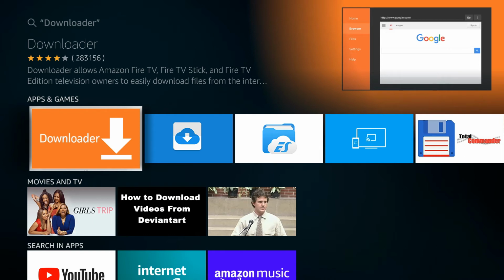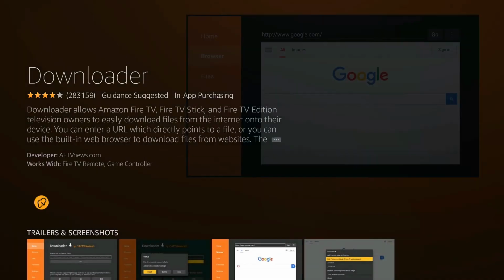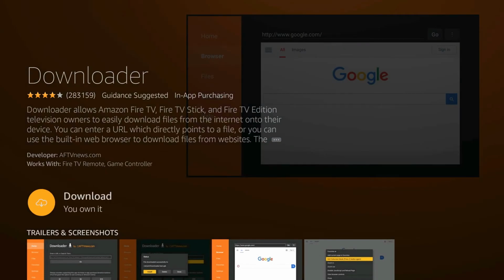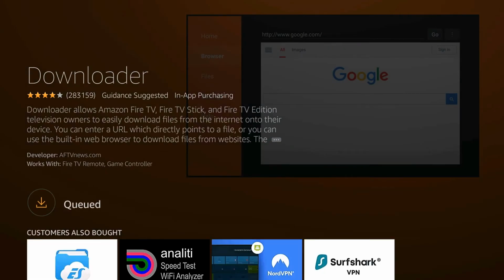Then click on the downloader app. Now click on the download button for downloader. After downloading downloader, click on the open button,